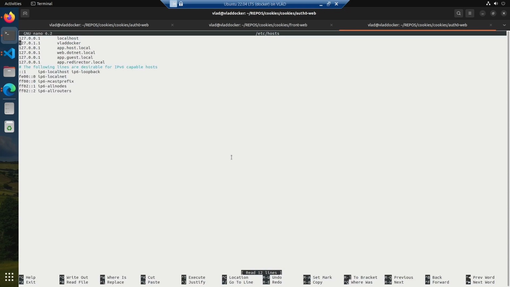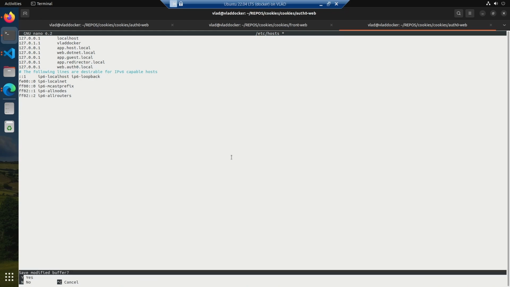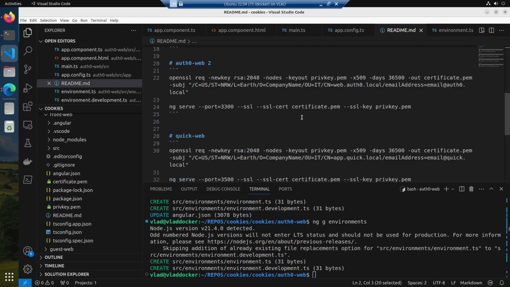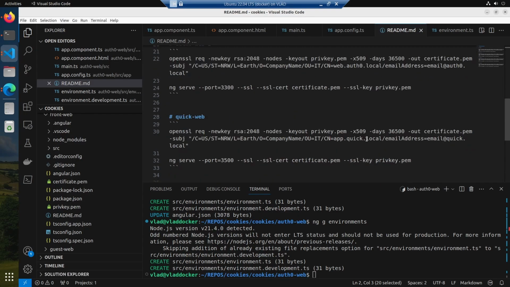Okay, 127.0.0.1 web.auth0.local. Okay, and then